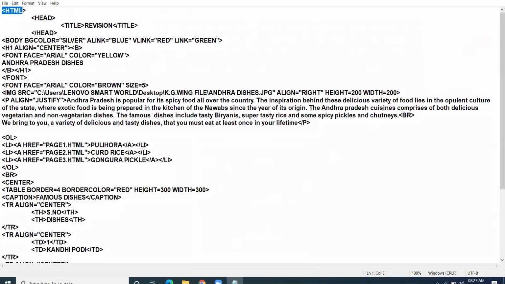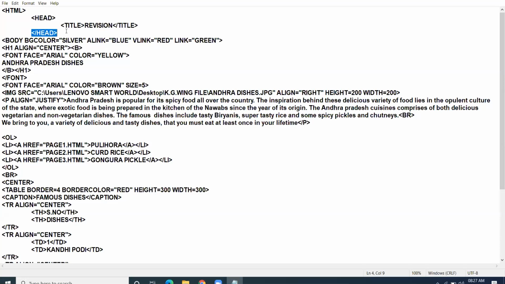First of all, we start with the HTML tag. Inside the HTML, we take head tag. Inside the head tag, we take title tag. Whatever title will be given to you, you will write the title of the web page over here. This is the title of the web page, which will get displayed in the browser title bar. In whichever browser you will view your web page, on the top of the web browser, there is a title bar where this title will be visible.